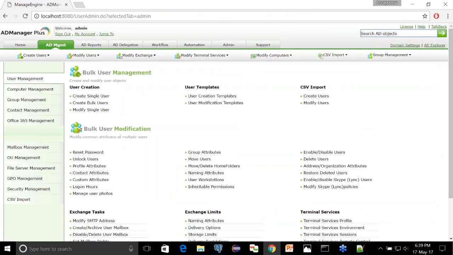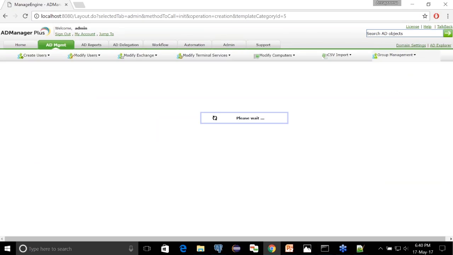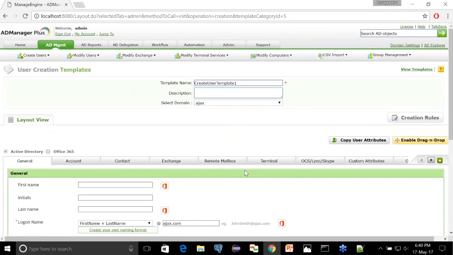Let me name this automation as user creation. So you can even choose the category if you want to perform any other operation regarding computer, group, or contact. You can do that as well. So now it's going to be user automation, and if you want to be very particular with where you create the user account, you can even choose that particular domain and that particular organizational unit. Okay. And the next step is to choose the task. So I'm going to create the user account. Just click this create users. And now you can see I need two things right now. So I need a template and I need a CSV file.